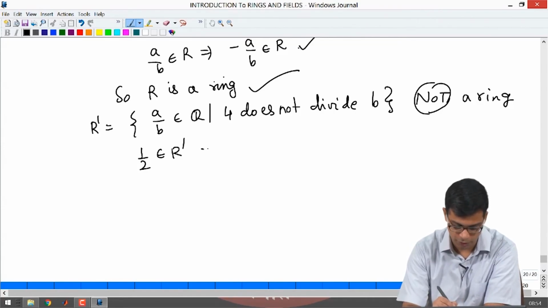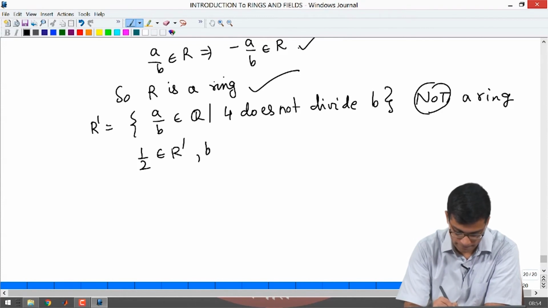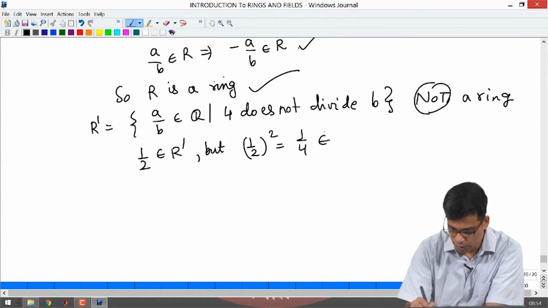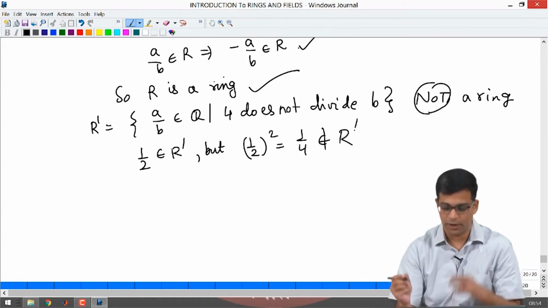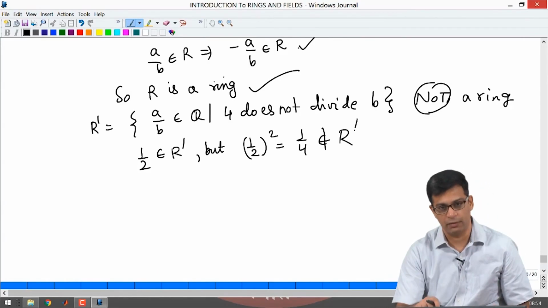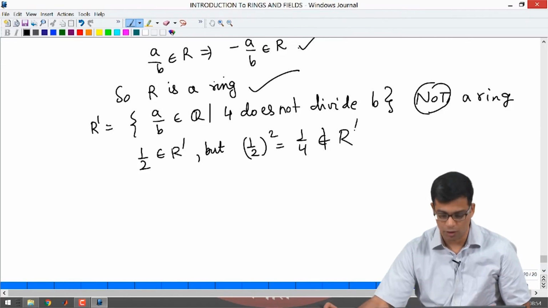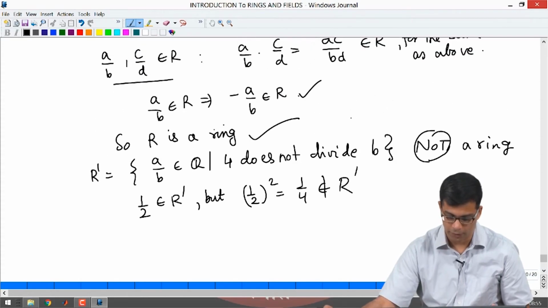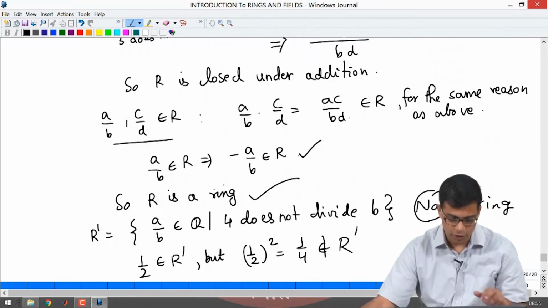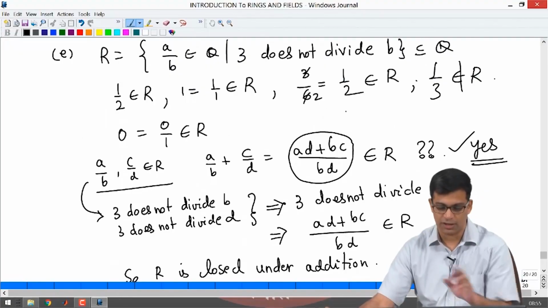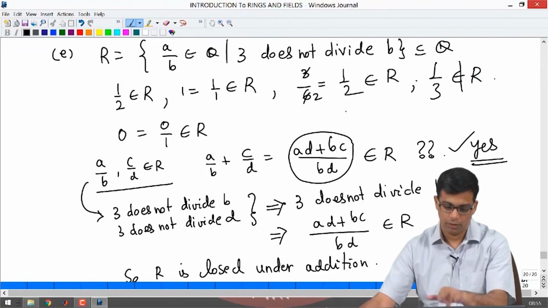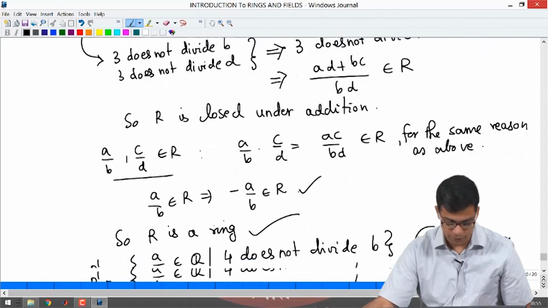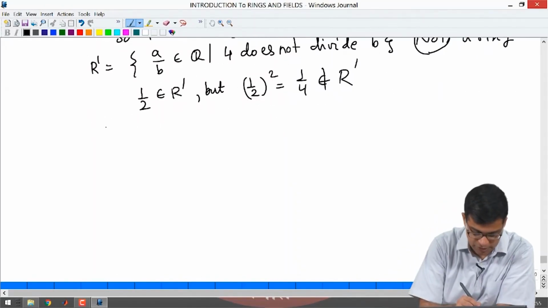So, 1 by 2 is in R prime, but if you take 1 by 2 squared, you get 1 by 4, which is in its simplest form, and 4 does divide 4. So, 1 by 4 is not in R prime. So, R prime is not a ring. So, again because I said 3 does not divide B, I got a ring, and that is because 3 is a prime. So, I will end this by simply saying define,